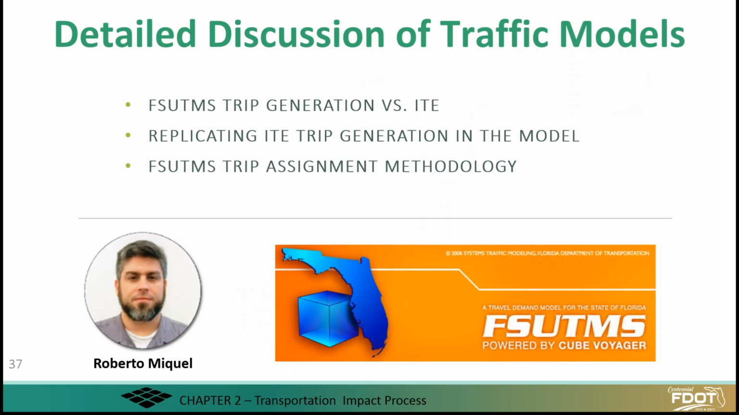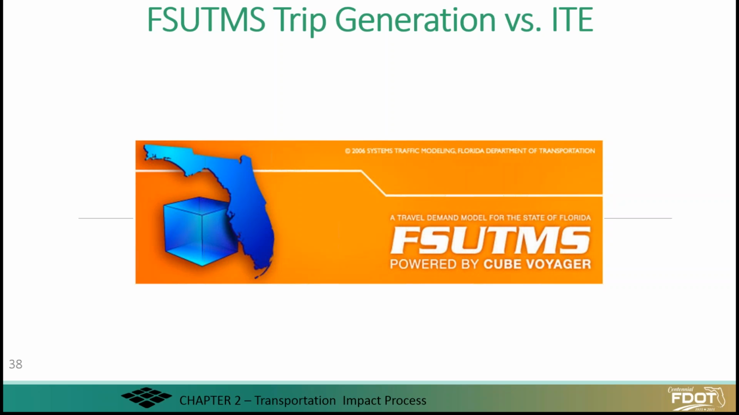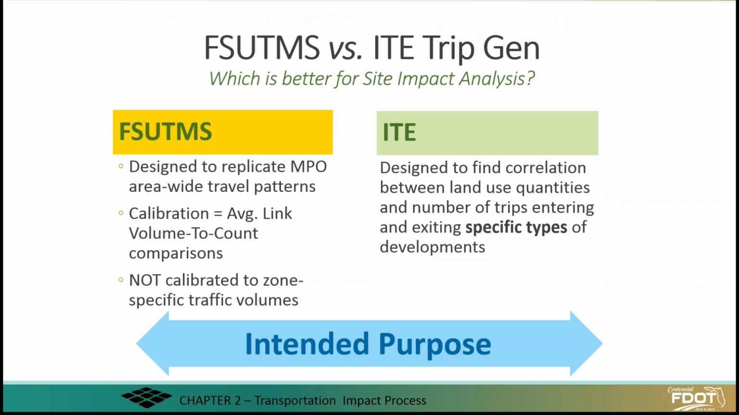Now we're going to have a more detailed discussion on the traffic models, and specifically discussing the difference between FSUTMS's trip generation and ITE, replicating ITE trip generation in the model, and various FSUTMS trip assignment methodologies. So trip generation from FSUTMS versus ITE. The question then becomes, which one is better for site impact analysis? They have their pluses and minuses, but it's important to understand what it is that FSUTMS is trying to accomplish